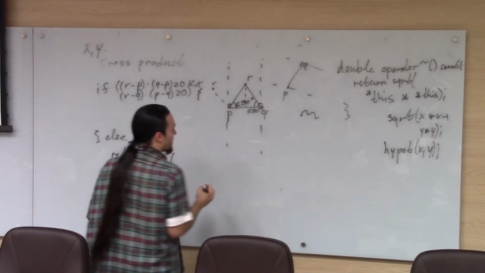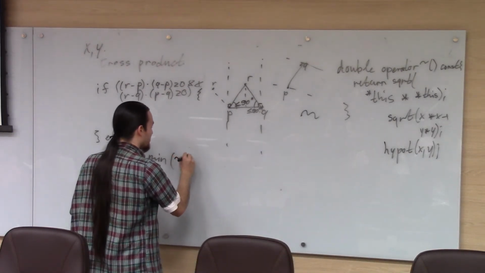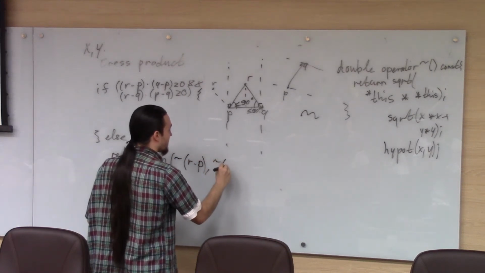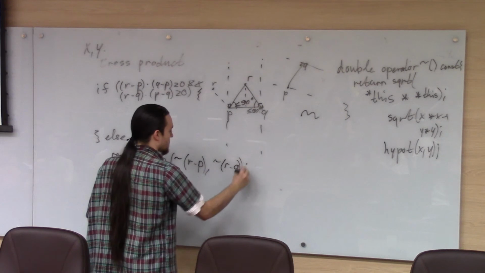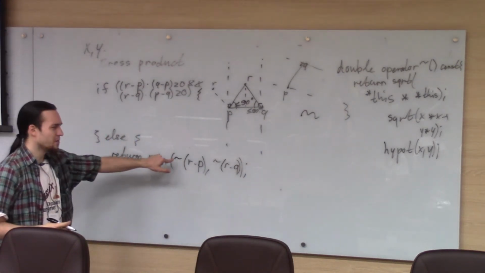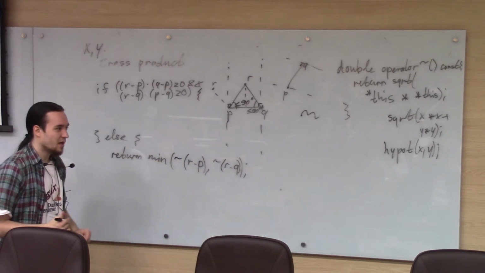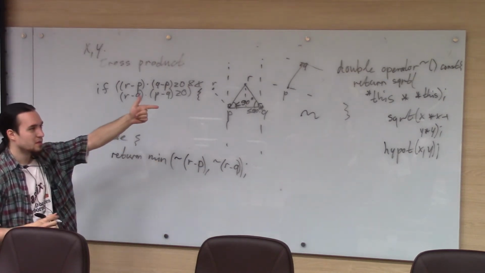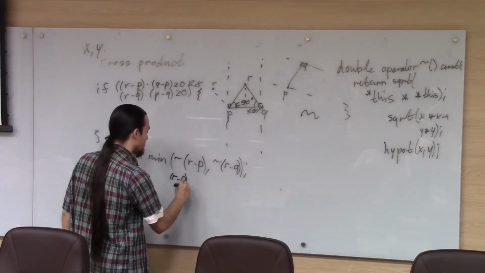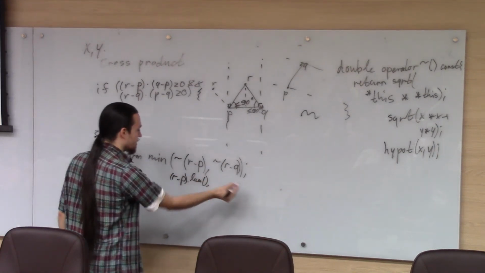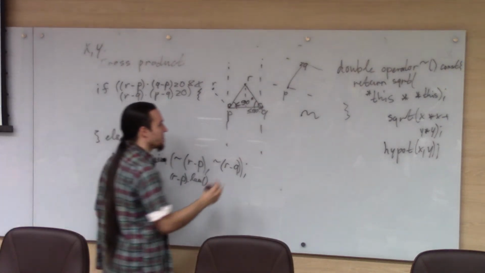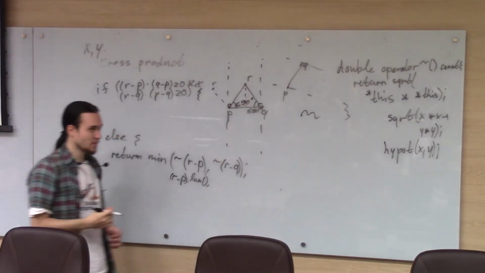So here we return the smallest of the length of r minus p, or the length of r minus q. Okay. It may seem kind of weird to use this operator here. You may want to use a method len here, and it will go r minus p dot len, and so on. Okay. So in the other case, we have to compute the length of this perpendicular here,